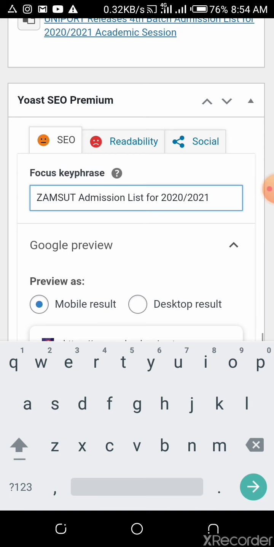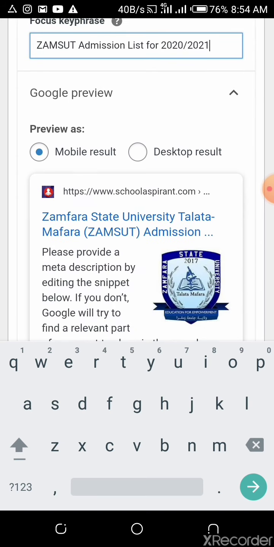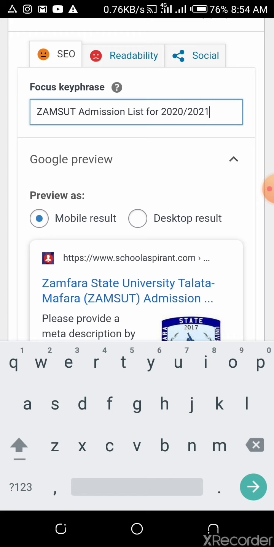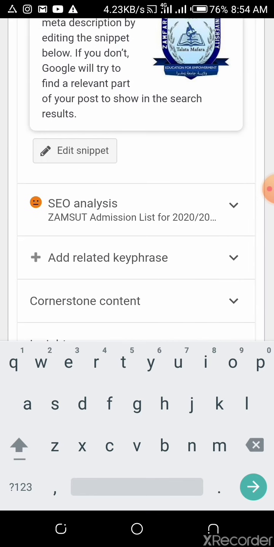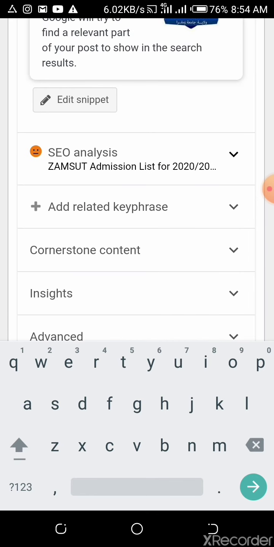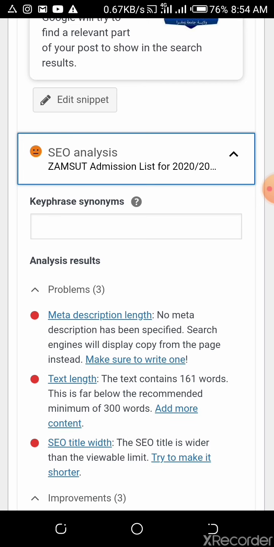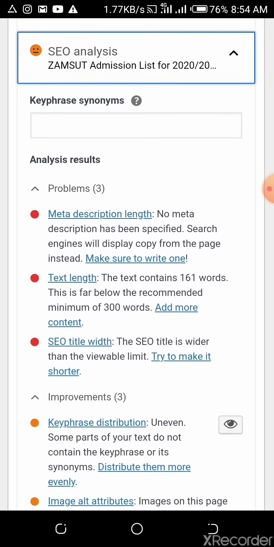If you are using the normal one, now check for the problems. They said we have 3 problems. No meta description,